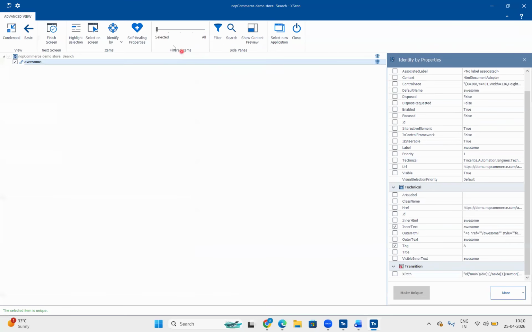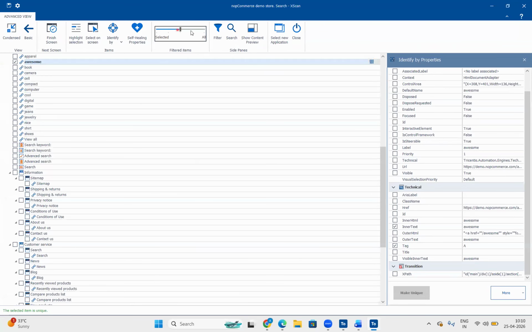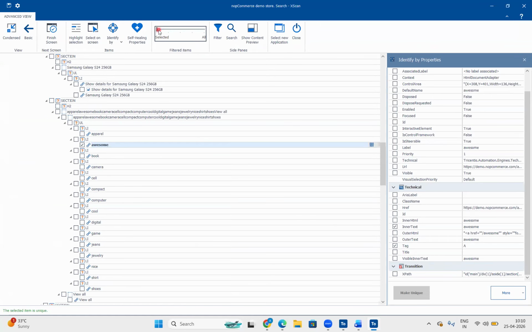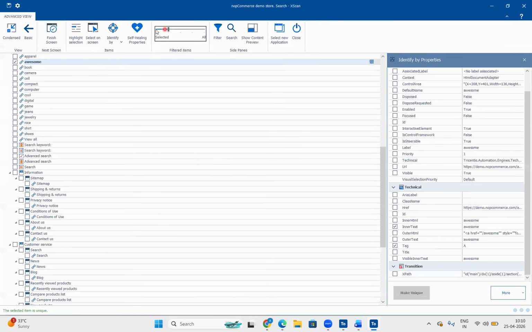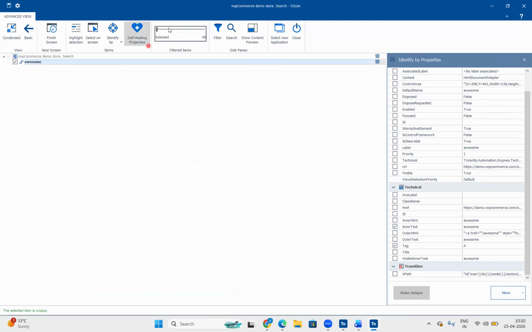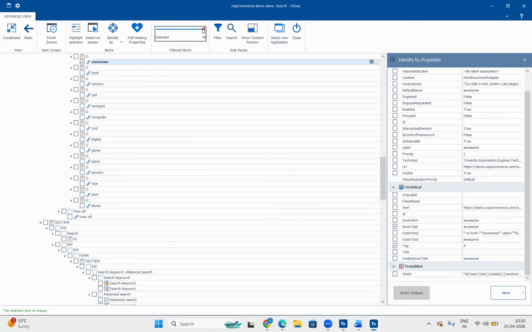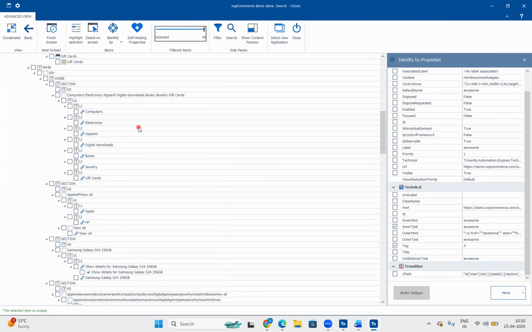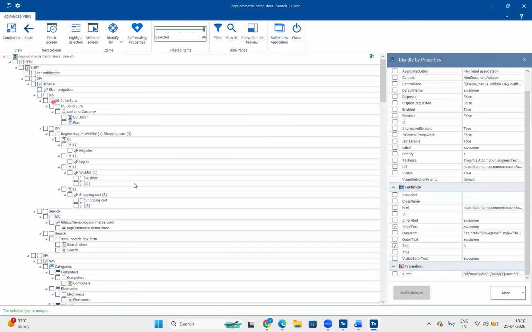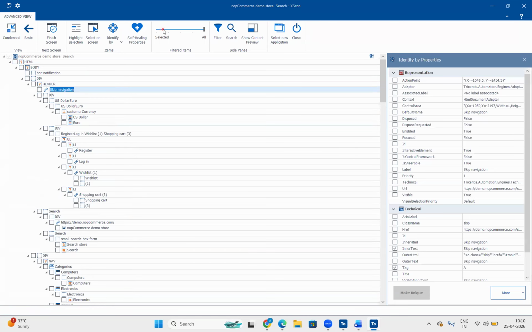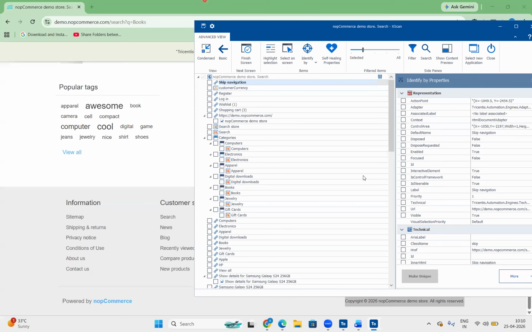Here you can see an option to hide the DOM structure. You can see the entire DOM structure related properties. If you want, you can collapse this DOM structure to the selected control. Here you can see only the selected control. If you hide, you can see only interactive controls on the screen. A little bit more, you can see interactive controls with some of the invisible controls. If you hide completely, you can see the entire HTML DOM structure tags. It starts with HTML, a body, and a div header. Each and everything is included. Clear?